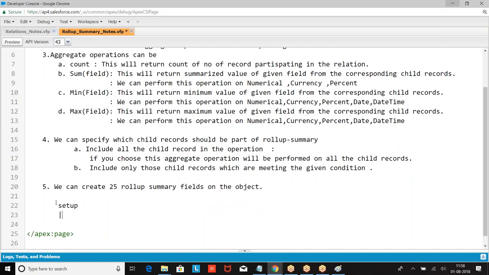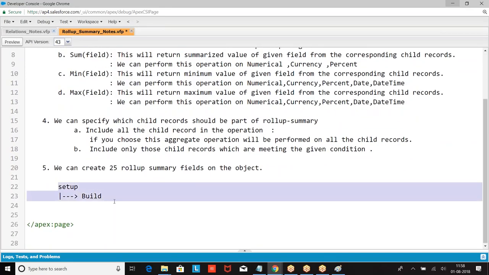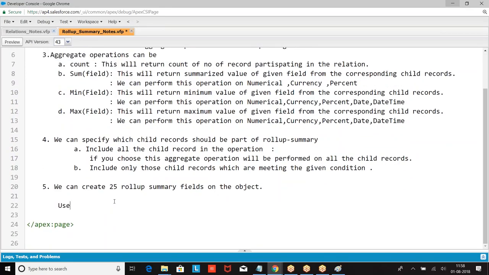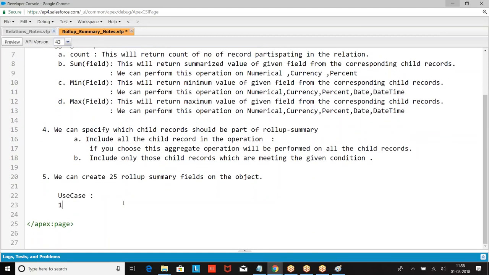Setup. First, I will try to create one use case here. Create custom object.